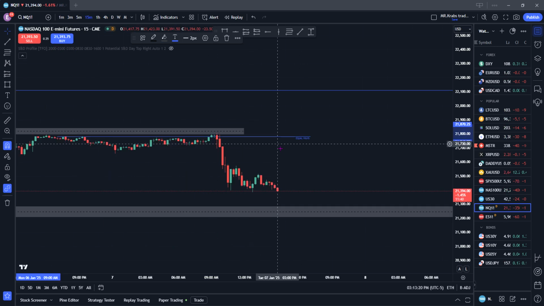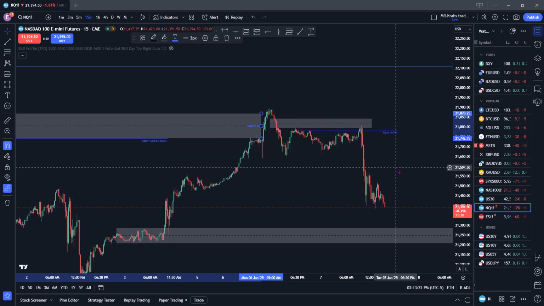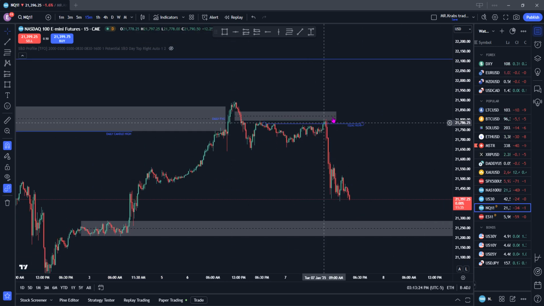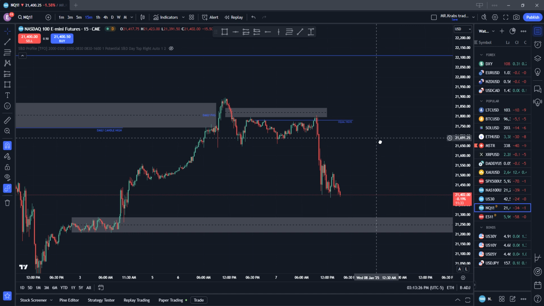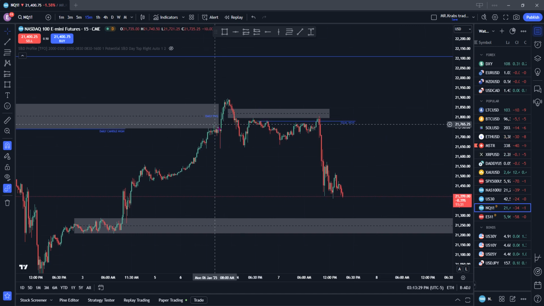Now, if we go here, I didn't trade today, just because I didn't know exactly where it was going to go. As soon as it was so bullish, I had still potential that it was going to go up higher. I just didn't know where. So, if we look at this here,